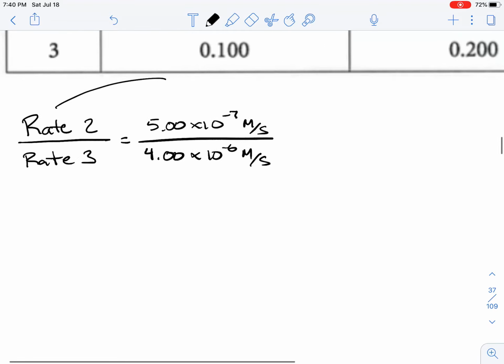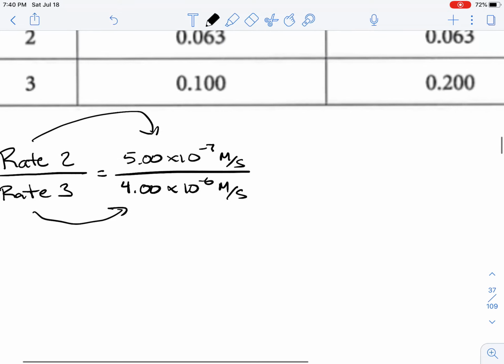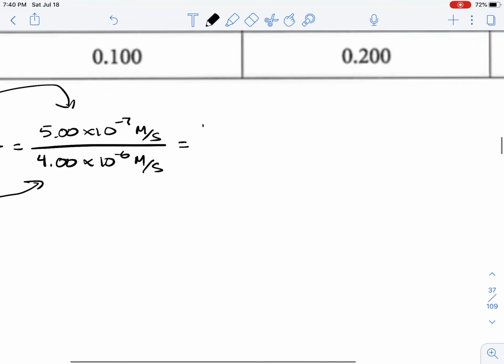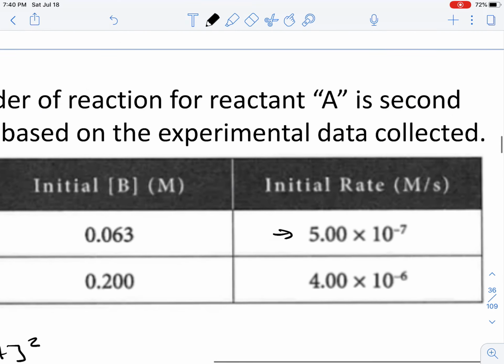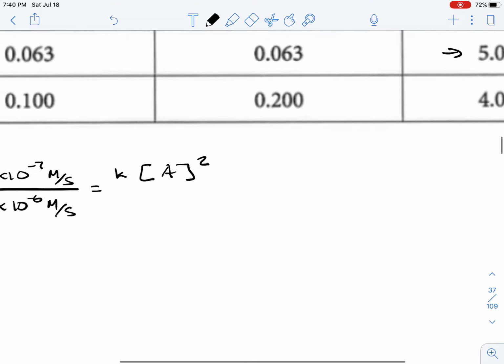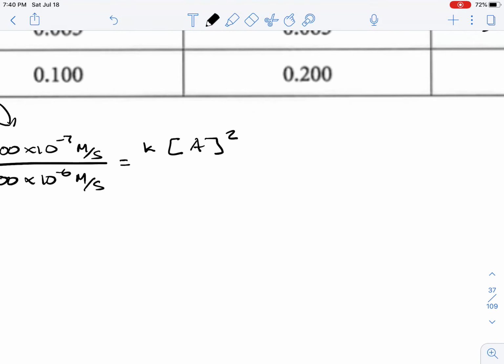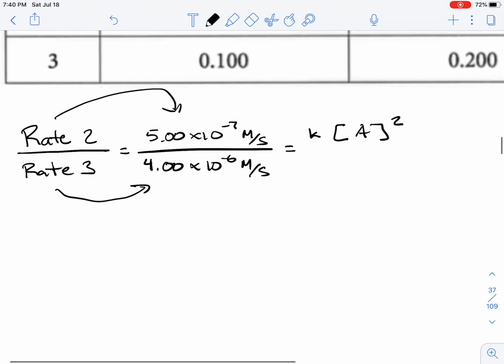And so this is what the initial rates are for these two experiments. And then that's going to equal the rate constant K times the concentration of A raised to the second power. Remember that we know, based on the problem, that reactant A is following second order kinetics. So this is for experiment 2 over the rate constant K times the concentration of A raised to the second power